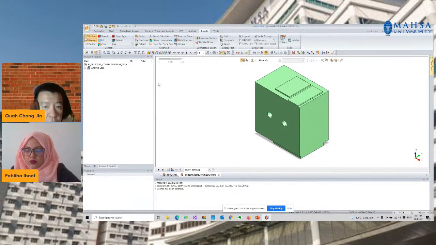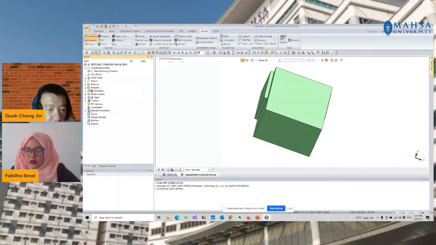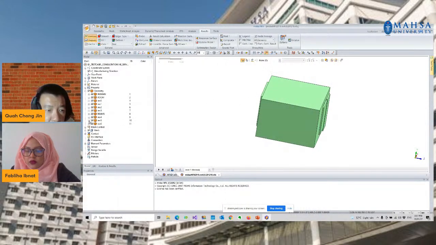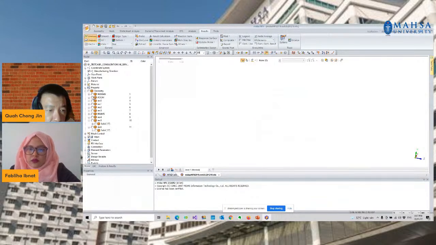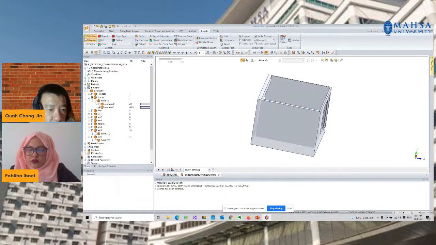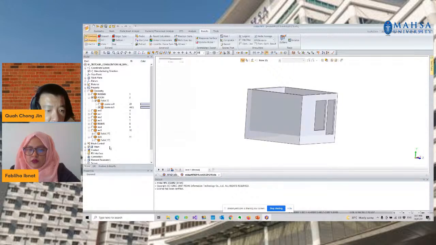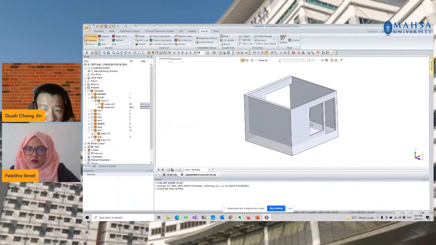So this is a room. What I'm going to show you is a room with a few windows.